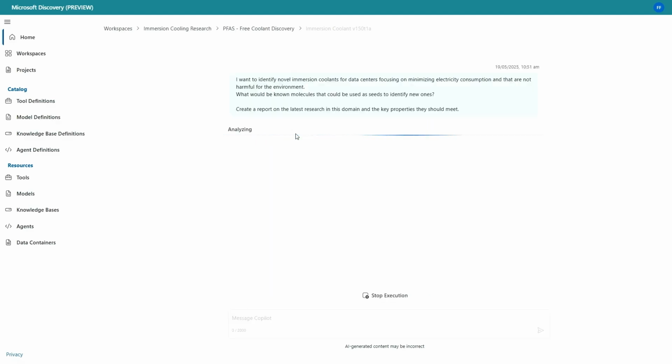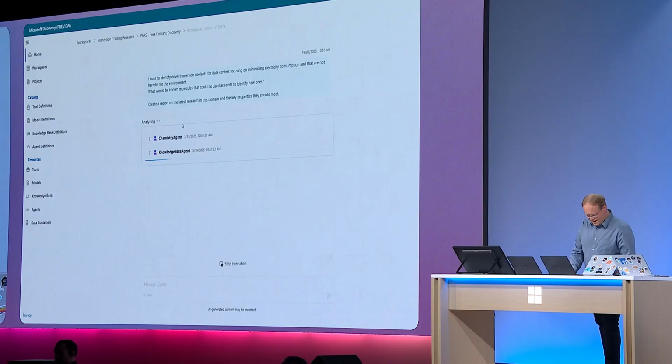The platform uses a network of agents that reason over scientific knowledge in both public sources and your trusted internal research. Behind the scenes, it uses a knowledge graph to provide deeper insights and more accurate answers than we get from LLMs on their own, which can struggle to connect the dots. This process will take a few minutes, so let's skip ahead.